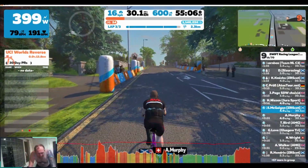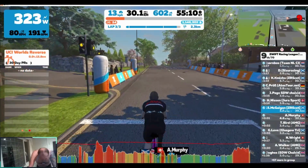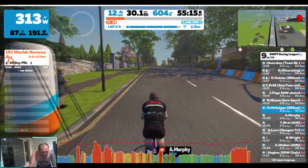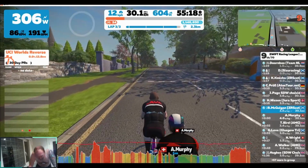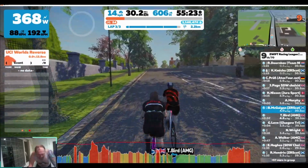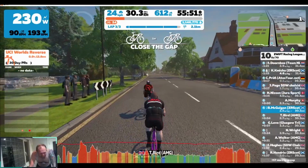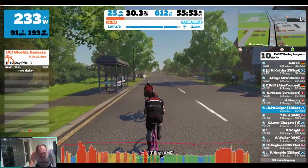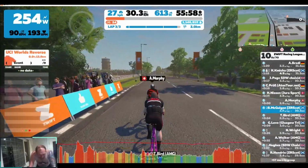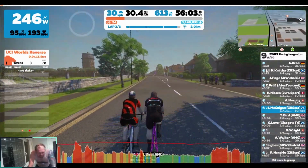Love is going back 2 seconds. Bird's starting to go back as well. Murphy is hanging in there with us at just a second to him, but it looks like Love and Bird are the 2 that we're managing to move off. Murphy coming back through, but it looks like we've done what we needed to do. And indeed, as we move on to the flat, you can see the gap to Bird is back to 4 seconds. I don't trust Murphy to relay with me,